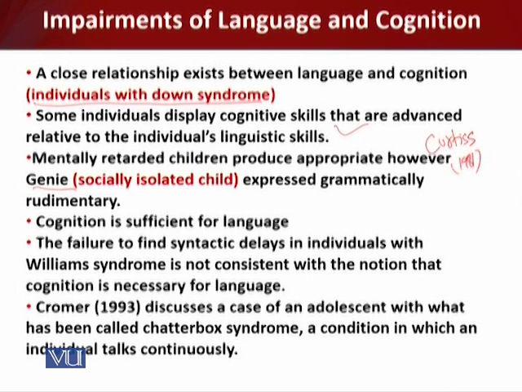Now, here we have to understand the case of Jeannie: although Jeannie's linguistic skills were rudimentary, her cognitive development appeared to be more age appropriate. And now, if this is so, this would provide evidence against the thesis that cognition is sufficient for language. The hypothesis that cognition is necessary for language has not fared much better, and Bellugi